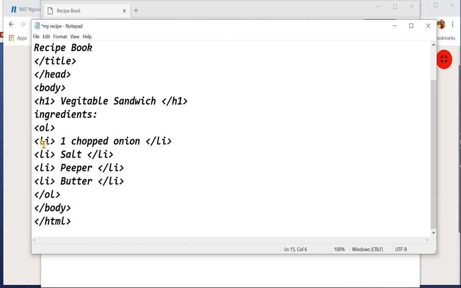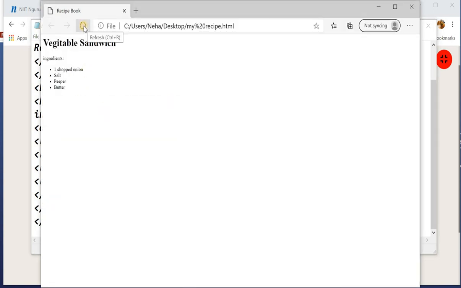तो UL tag की जगह पे हमने OL tag कर दिया. Now save this file. Click on file and click on save, and after saving you will open this file and click refresh. By refreshing this list you will get an ordered list. देखो यहाँ पे bullet की जगह पे 1 2 3 4 हो गया. तो this is an ordered list. In our last class we discussed unordered list and this is ordered list. तो ordered list और unordered list में क्या difference है? Ordered list में आप OL tag यूज करते हैं and unordered list में आप UL tag को यूज करते हैं. ठीक है.